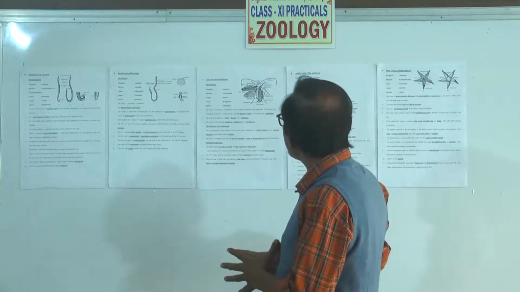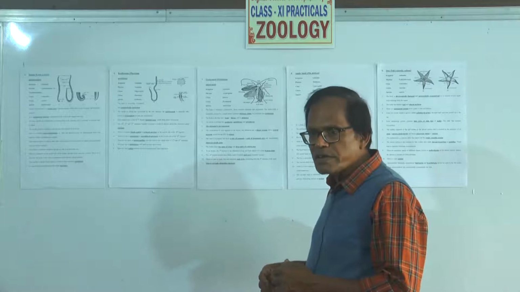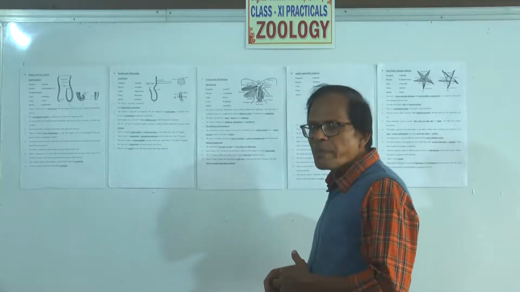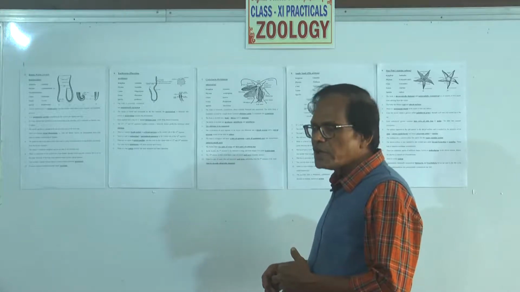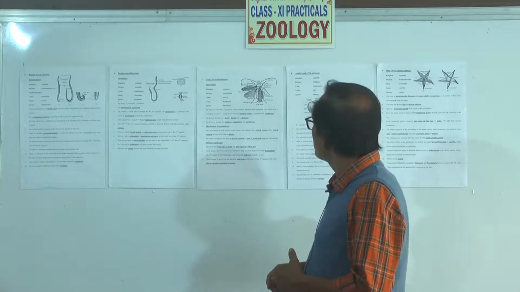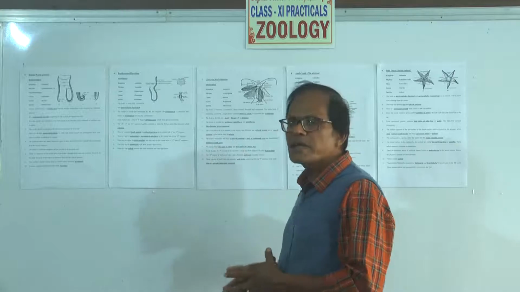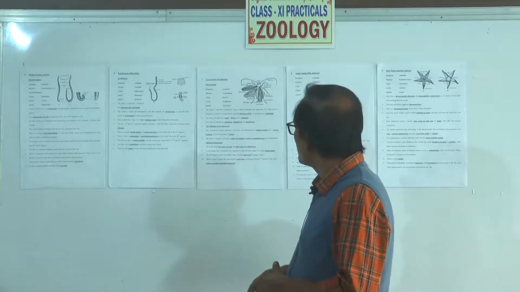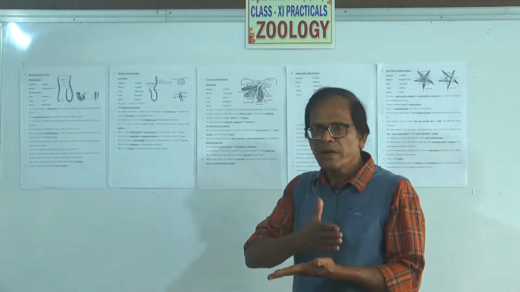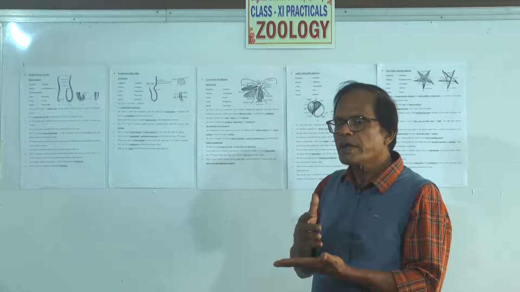The body is divided into head, thorax and abdomen. 3 parts the body is divided into. The thorax is 3 segmented, that is divided into 3 parts: prothorax, mesothorax and metathorax. The abdomen is 10 segmented. The body is segmented, it is divided into many segments. So if you look at each segment